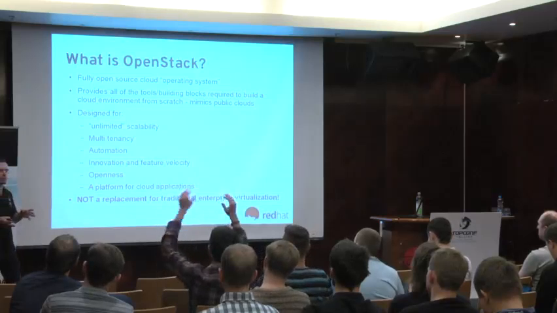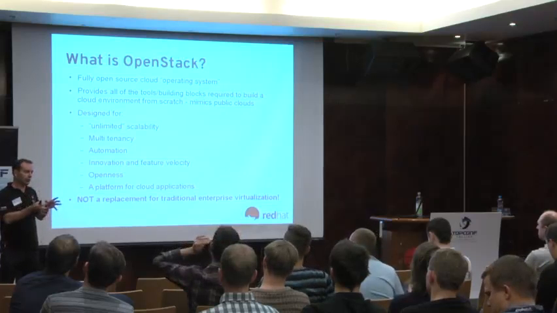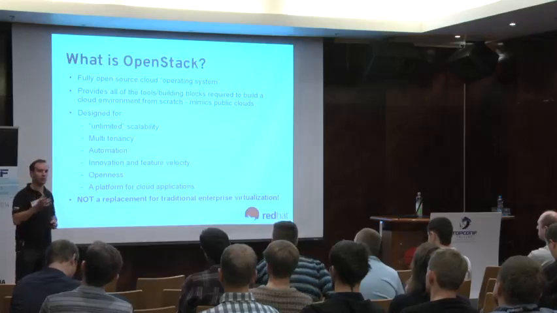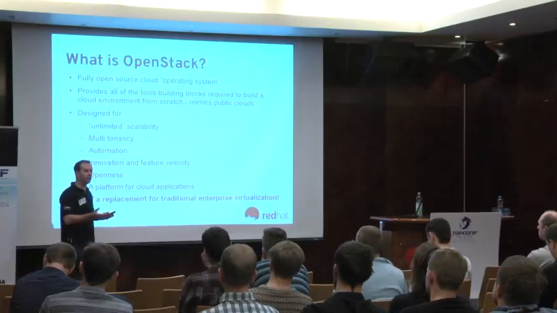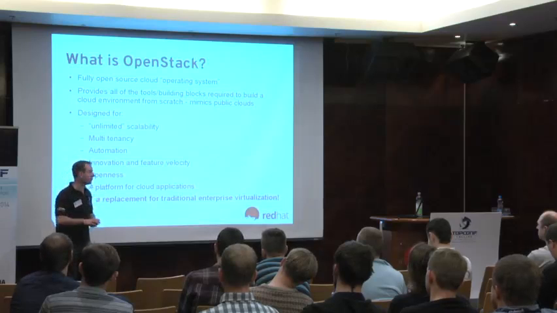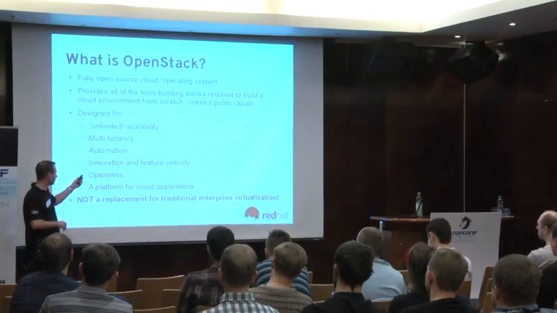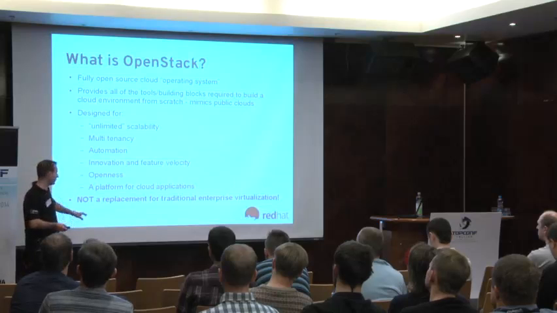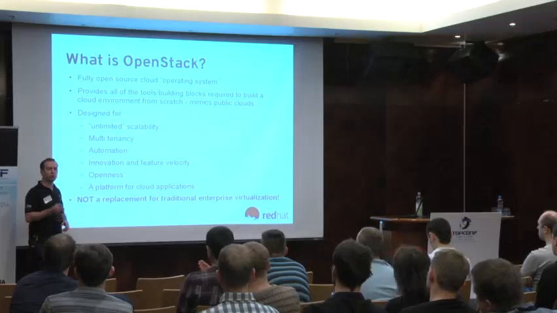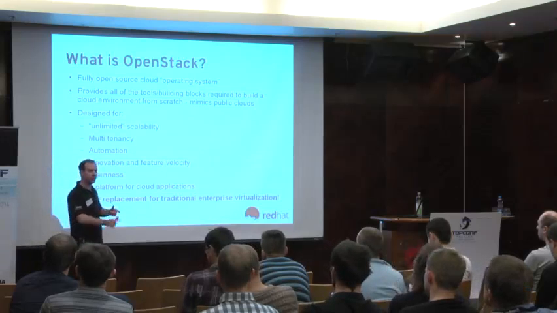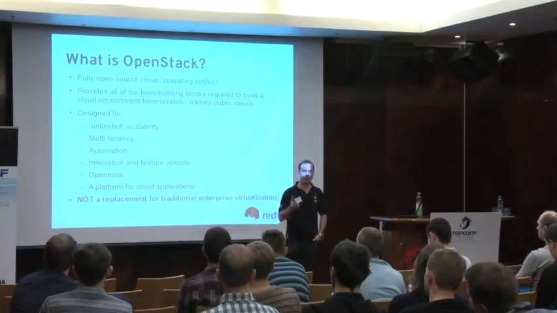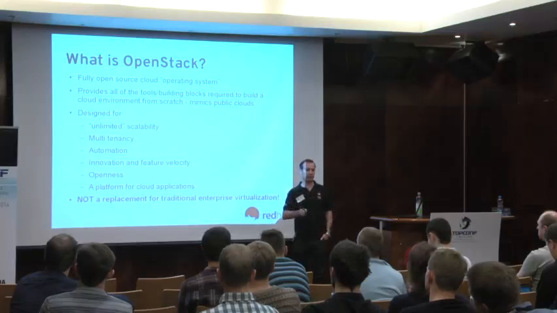Multi-tenancy: if you are a service provider, you want to provide virtualization or cloud services to other companies, so you need to have multiple tenants. Tenants means customers in this case. If you are an enterprise and you have your own OpenStack, the tenant could mean different product teams, for example. Openness. It's a platform for cloud applications, but this is the most important thing, in case you cannot read, I can spell it out. It's not a replacement for your traditional enterprise virtualization, be it KVM or Hyper-V or VMware. OpenStack is not going to replace those. They are two completely different things for two different